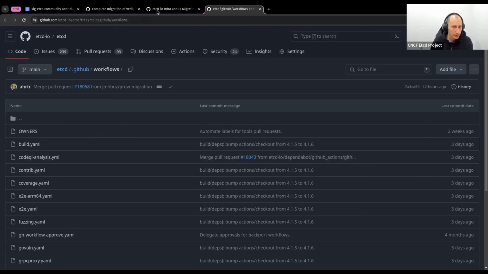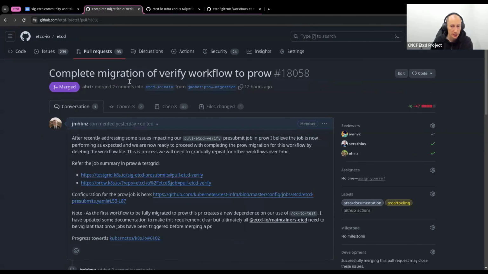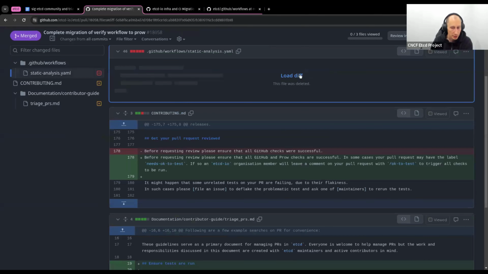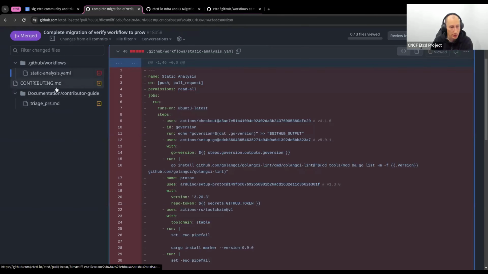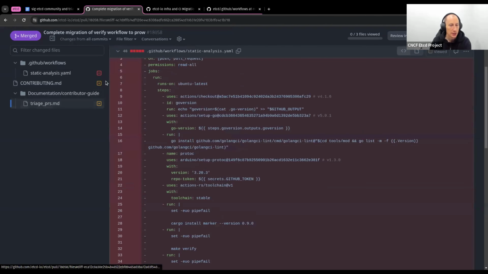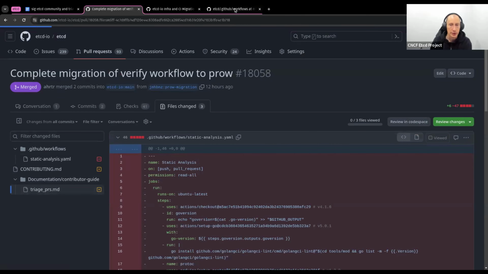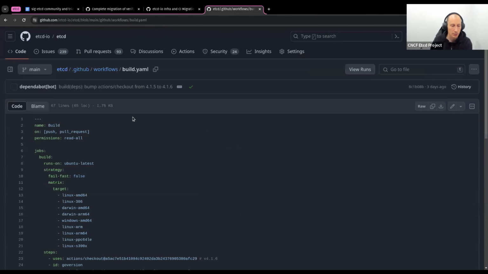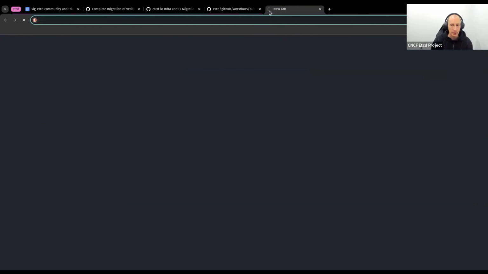So we've just done the first one in this PR here. And essentially all we're doing is removing the GitHub Actions workflow and making sure that any associated documentation is up to date around referencing Prow now rather than GitHub Actions. So the next one I was going to look at, and would certainly welcome someone else to pick it up, is looking at build. So we can have a look at